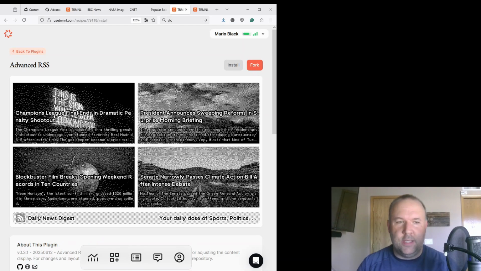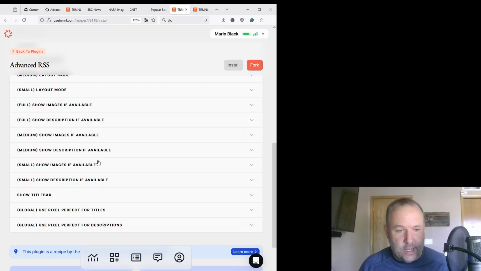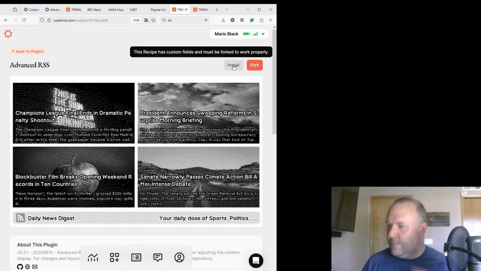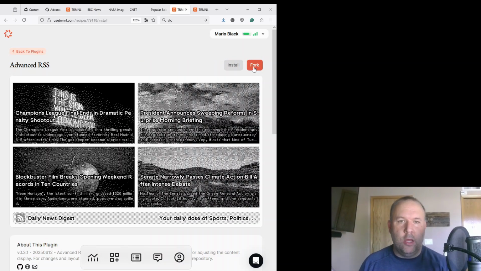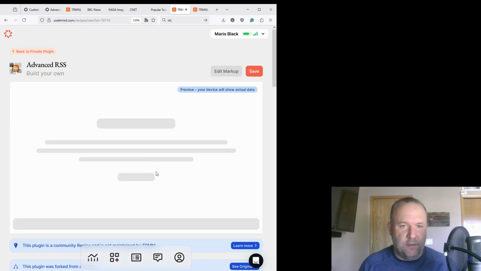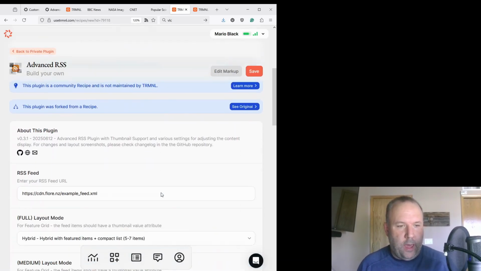Perfect. This has images. It has the text. This seems like exactly what we need. So let's go ahead. It has a ton of options, but I can't install it. Oh, right. This has a bunch of customization, and it's by a user in the community. So we have to fork it. This means you need a dev license for your Terminal device to be able to fork and alter this however you like. So I'm going to go ahead and click fork, make myself a little copy here,